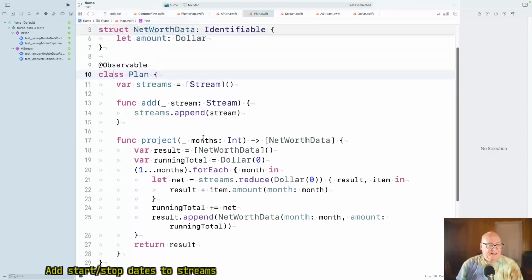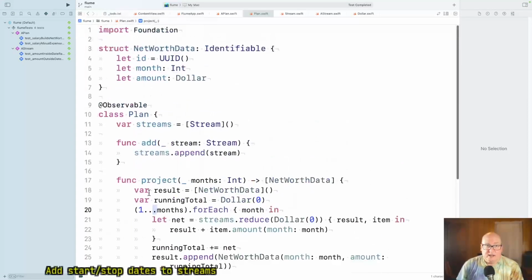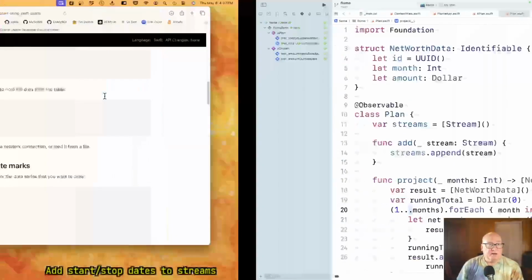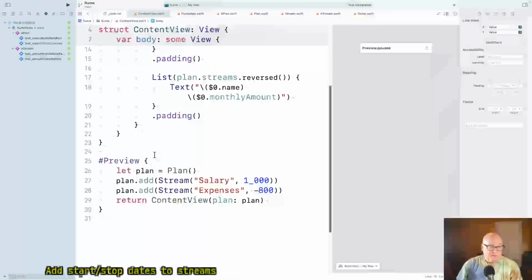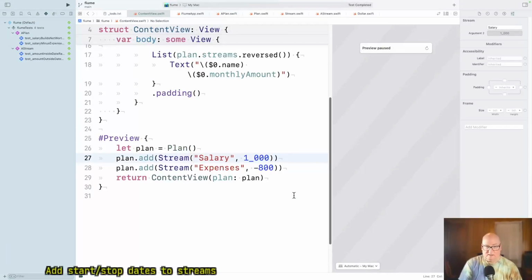All right, but anyway, we've made this thing observable, and that's done. We don't have examples. Let's make this a retirement example. So his salary, and then the last.